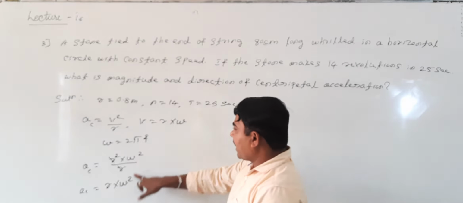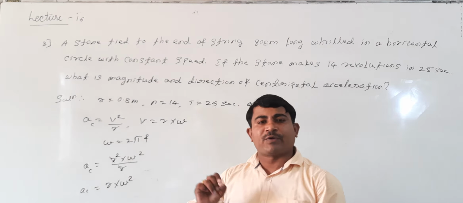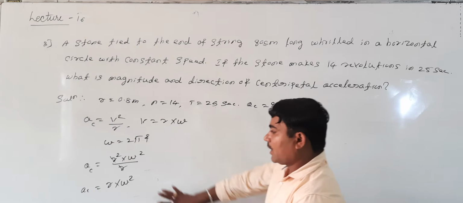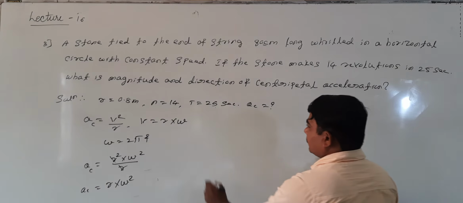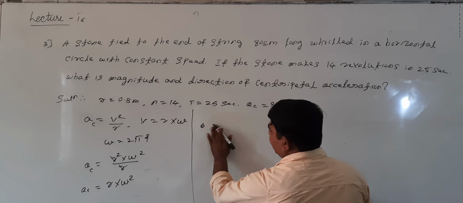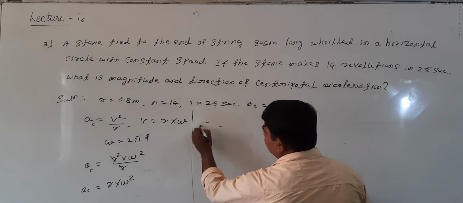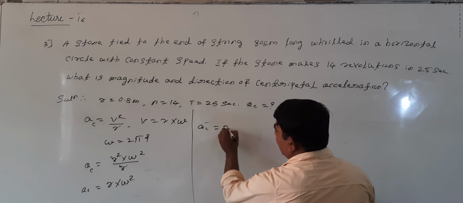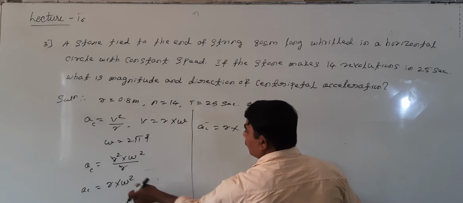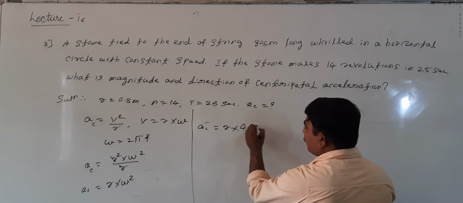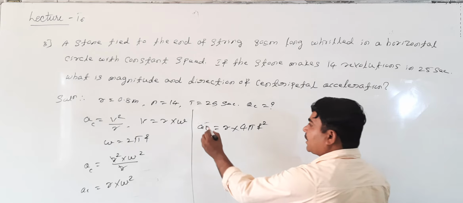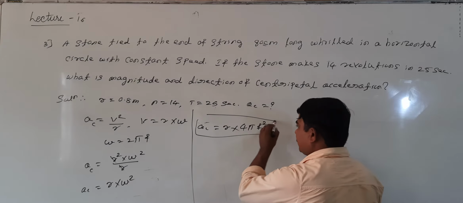But we know omega equal to 2 pi into F or 2 pi by T, because the reciprocal of time taken we are calling frequency. Again, how to modify this? Look at me. Acceleration, R keep as it is. Omega is 2 pi into F. Omega square is 4 pi square into F square. This is the standard formula we get for centripetal acceleration.